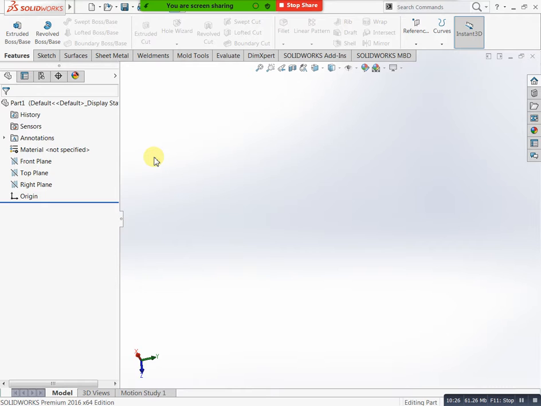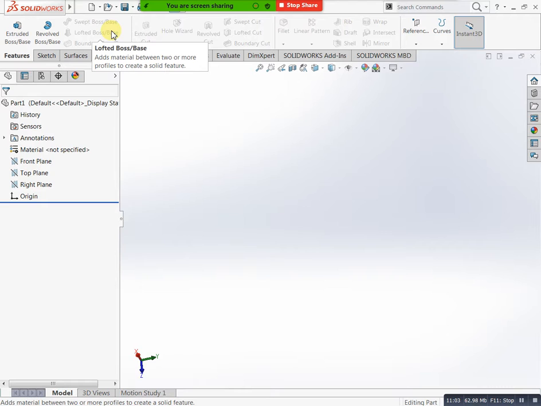Next we will go for loft boss or base and lofted cut. What is loft? Just you can go here. Here we have one definition. Just you can see, adds a material between two or more profiles to create a solid feature. If you need to create a solid model by using the loft tool, that condition definitely you can use two or more profiles. That is mandatory. At the same time, why we are using these tools, for example, we have some undefined shapes or designing shapes. That type of situation you can go with this one.